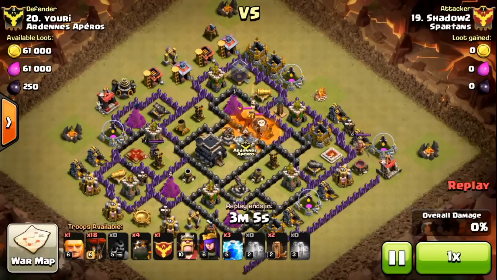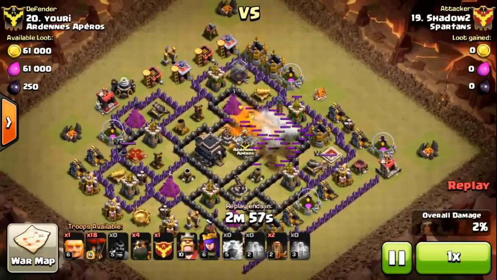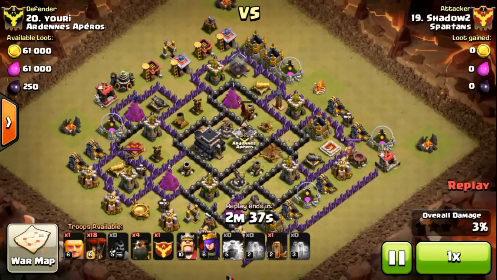But makes a mistake with the poisons. You don't want to drop the poisons right together because they don't stack, but they do extend the poison. So if you wait till the first poison runs out, or nearly runs out, and then drop the second one, the poison will carry on at full throttle and kill that Clan Castle dragon. As it is, the dragon just survives, but basically there was no plan for the Archer Queen in this,